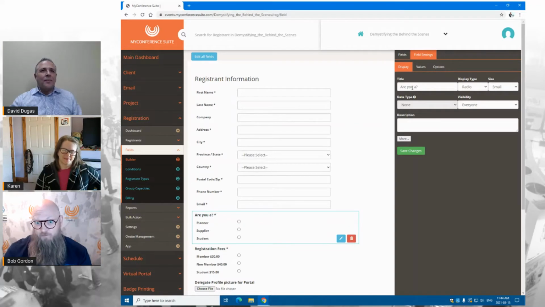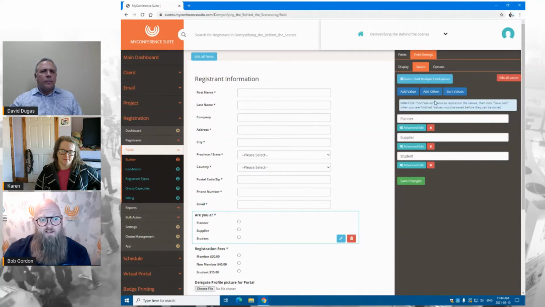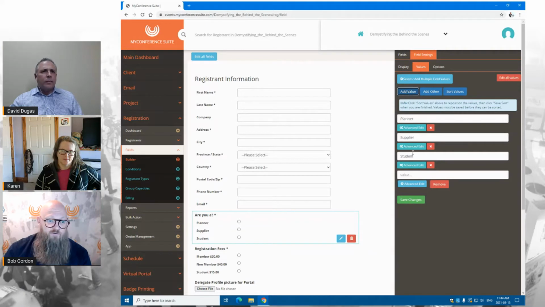When you click that, you have the ability to modify the content for that field. So it's got the title, like you see that basic RUA, and then it's got your values. So you've got the first start with the display, and then the values, and you have the option just to keep adding values. It's pretty straightforward. You just click add value and then type in what you're looking for. And once you're ready with that, you just hit save changes,